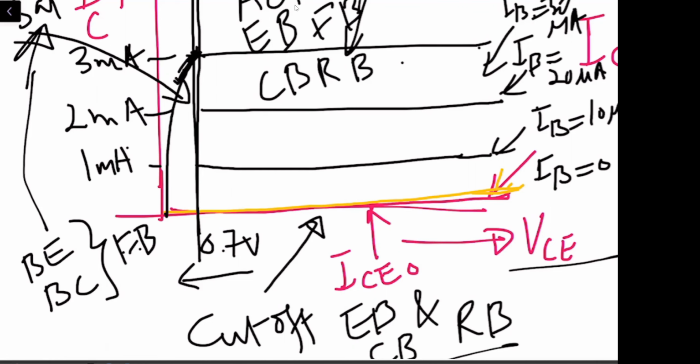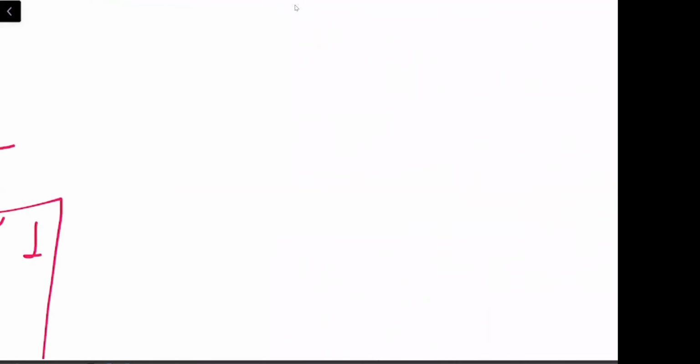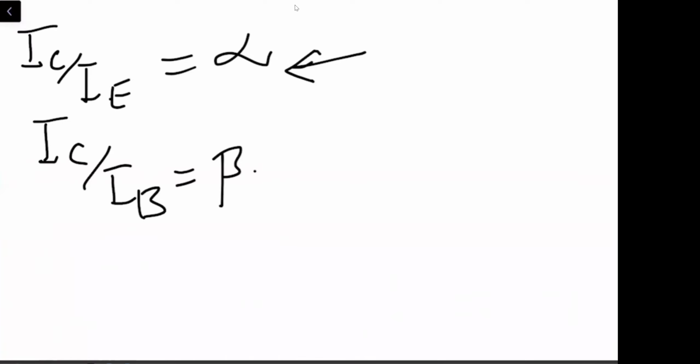Okay, if we come towards the basic equations over here, what we have seen up till now is that IC by IE is equal to alpha, and we have IC divided by IB equal to beta, right? Where alpha is the current